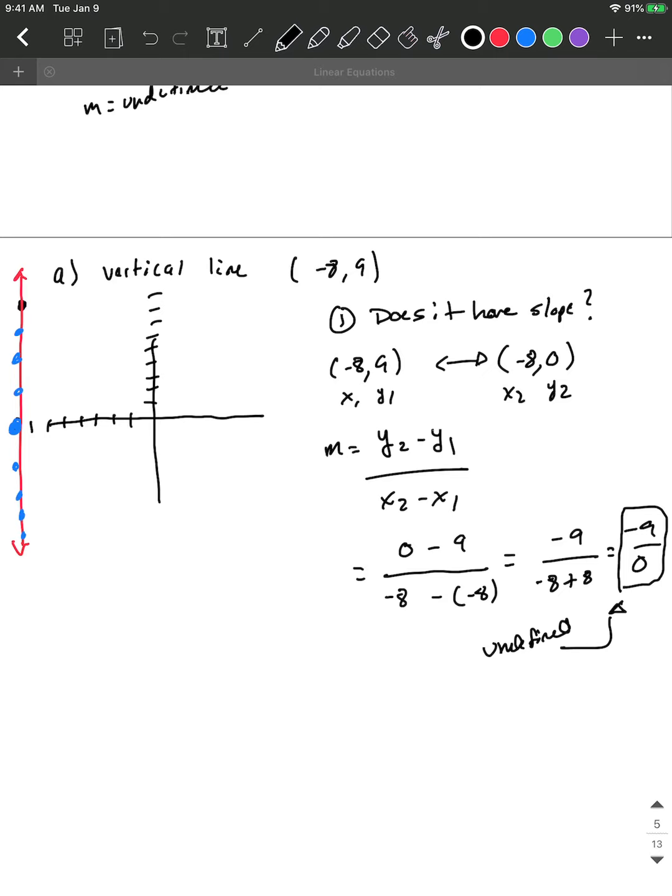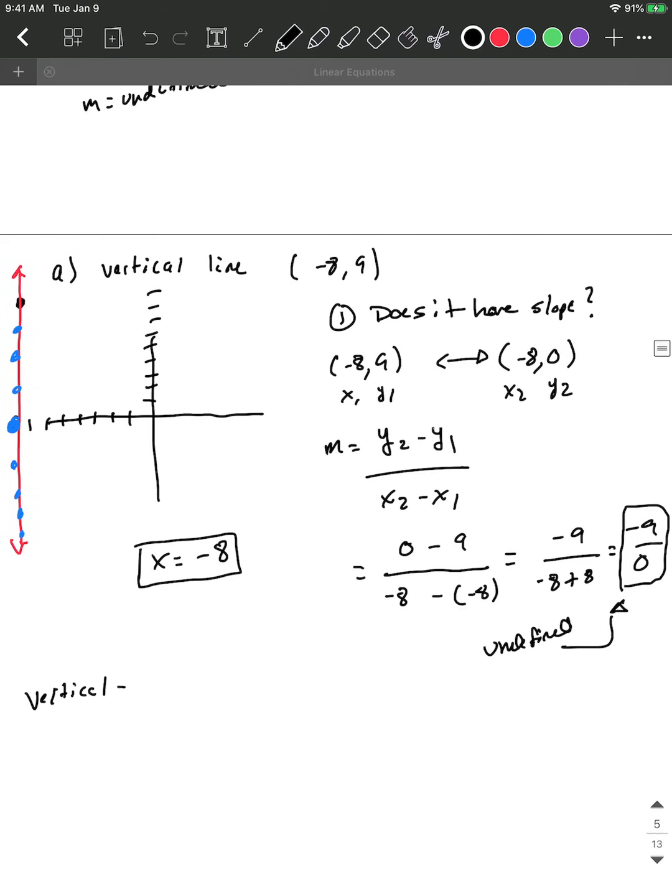So the idea is, what is the equation of the line that passes through there? Well, what's the only value that's keeping the same? If I list it on the table, you'll notice that negative 8s turn out to be the only number that stays the same. So when we write this, we're going to write the solution as x is equal to negative 8. Now, the explanation took longer than the actual solution to this problem, but in order to solve it, you needed to actually understand the definitions behind what the slope is, what undefined would be. So depending on what we're given, if it tells us it has a vertical line,